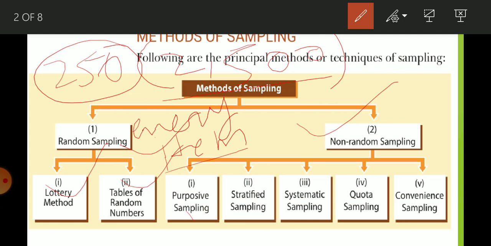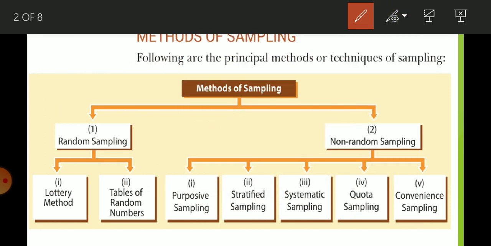After that there are purposive, stratified, systematic, quota and convenience sampling under the non-random sampling methods. Purposive sampling is related to judgment sampling; there are a few judges who check your performance and select according to need. Stratified sampling is related to the term strata, and strata means groups.